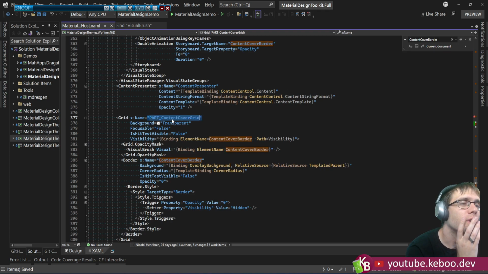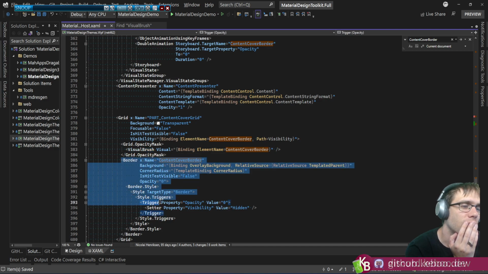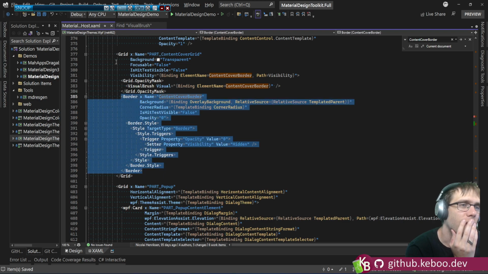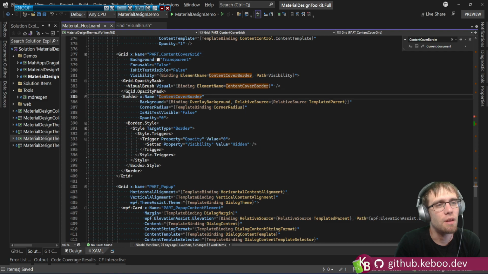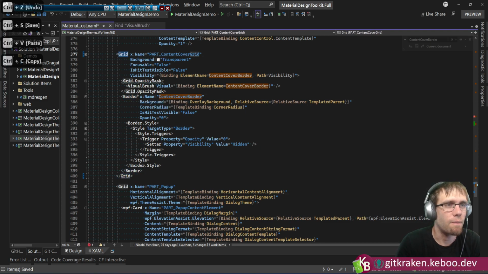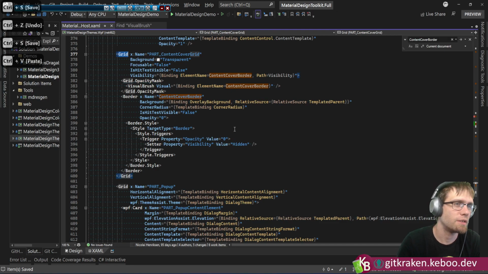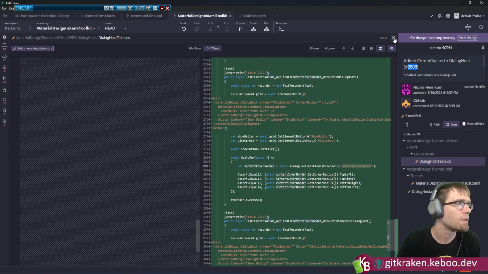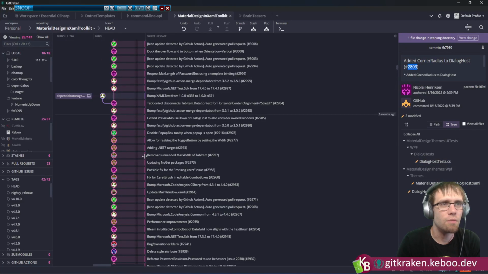I also wonder if content cover grid really should just be the border, so that rather than needing the opacity mask, we could just have this border here. Like, eliminate grid altogether and instead have the border just live there. And then you don't need this opacity mask thing. So there's some thoughts there to play with, but I'm going to be done with that for the moment